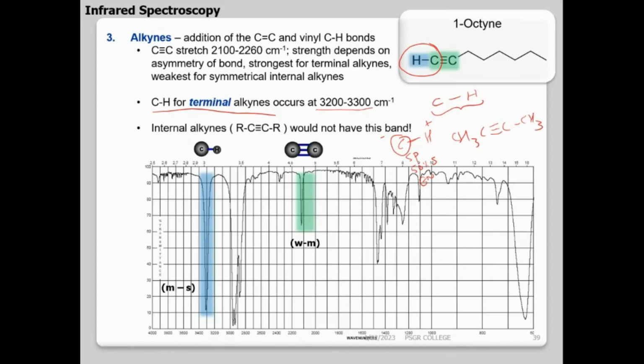So CH will have the value. This is 2-butyne. Could anyone tell me, will this molecule give me a peak around 3300? Will it give? 2-butyne, will it give me a sharp peak around 3300? No, ma'am. Why no? No CH bond. So we did not take the triple bond in the alkyne; it is the CH, the hydrogen attached to the triple bonded carbon.